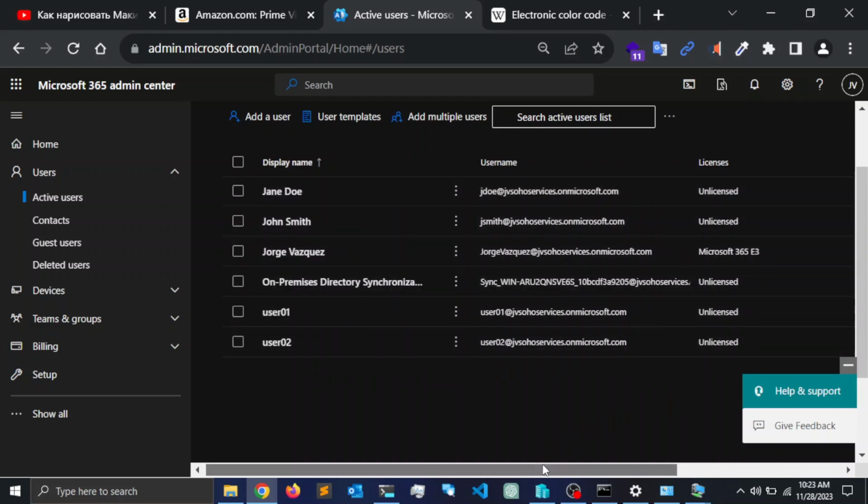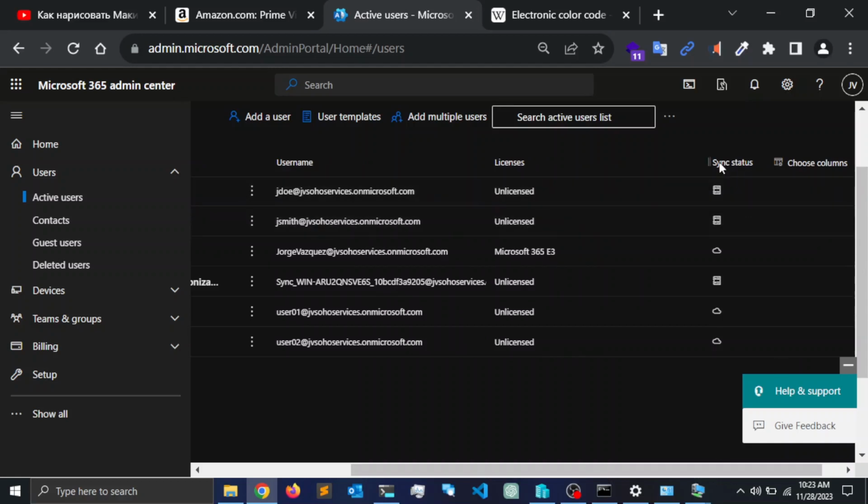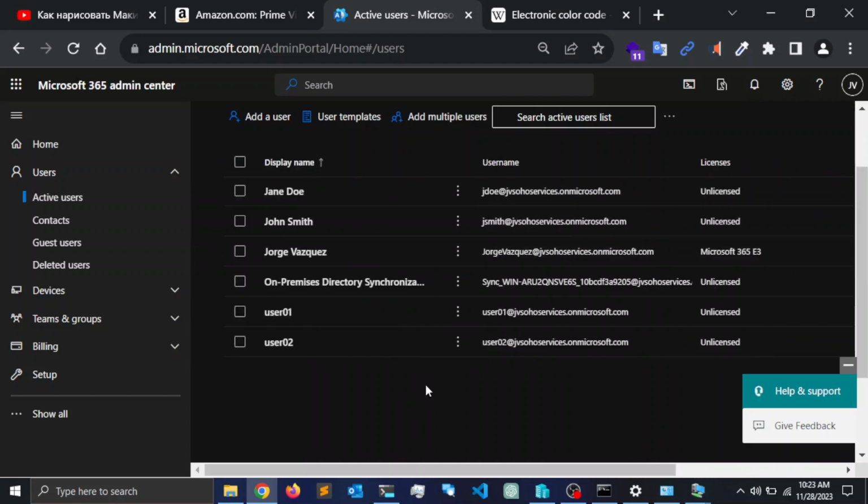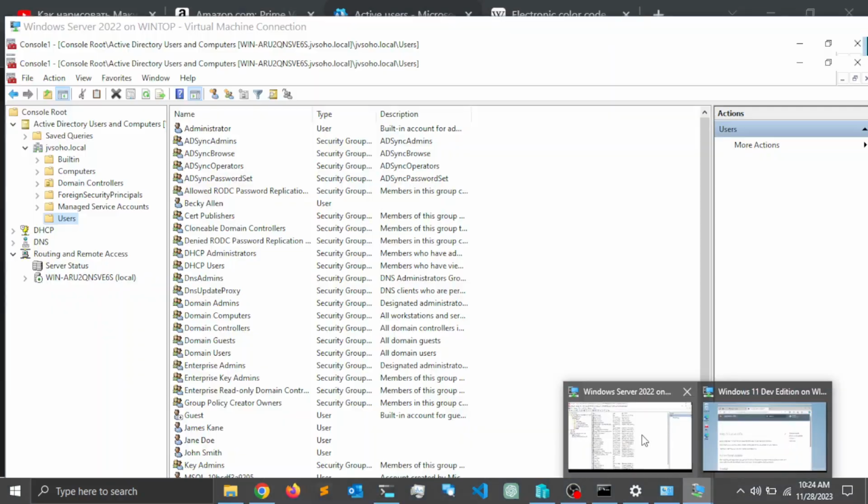If I scroll all the way to the right here, notice that under the sync status column, some of these users have been synced from an on-premise Active Directory, and some of these users have been created in the cloud. So what I'm going to do is synchronize the remaining users in my Active Directory environment. So let me go back into